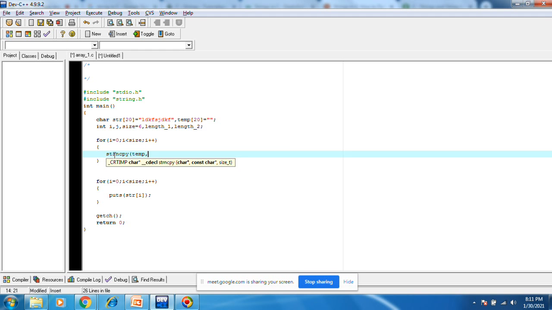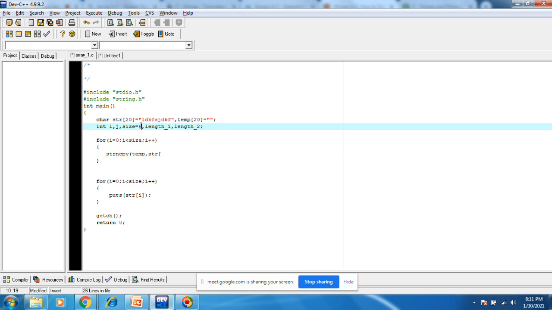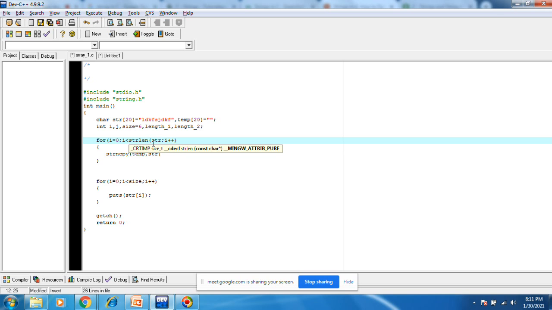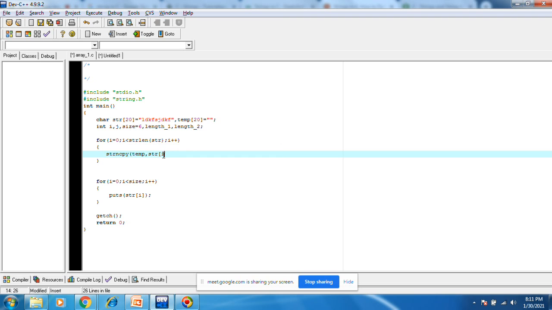I am copying from str, and the size is strlen of str, str comma i.